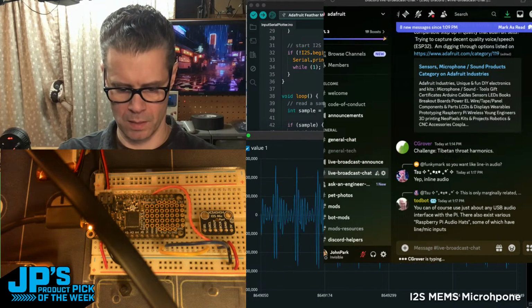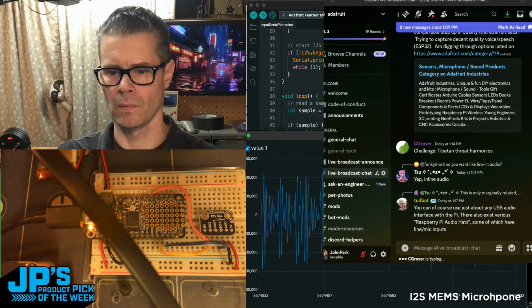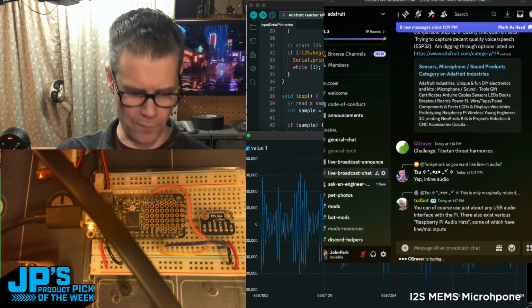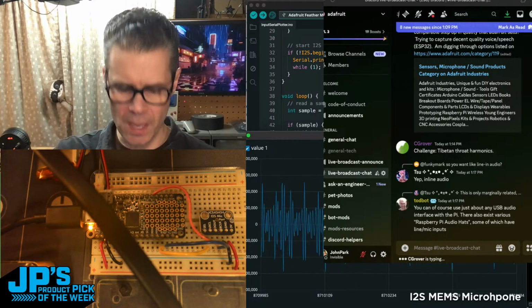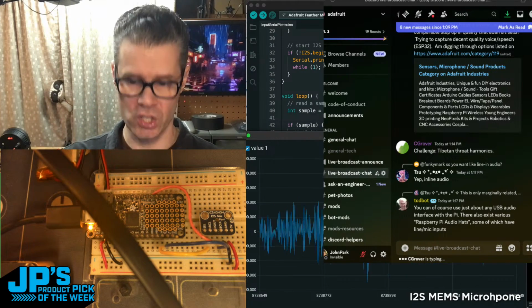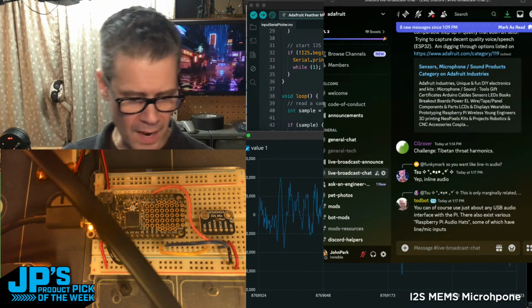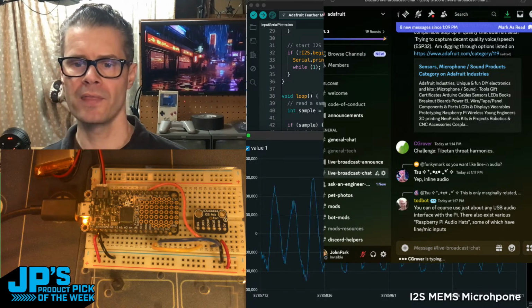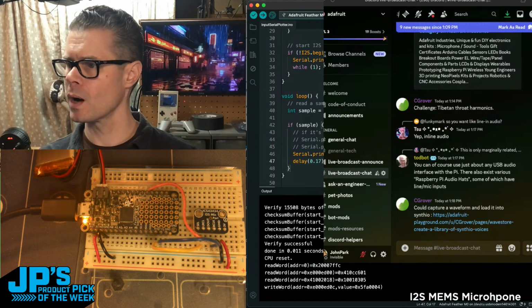As I add filter or change some modulations on the saw shape, which happens to be a sawtooth, you can see the change in the shape of the wave there. And then one other thing I want to show. I'm going to stop that right there. The Arduino